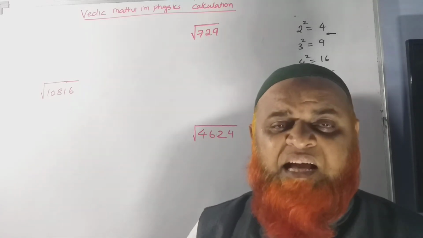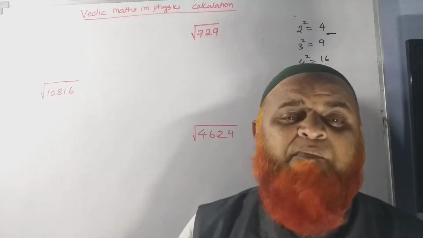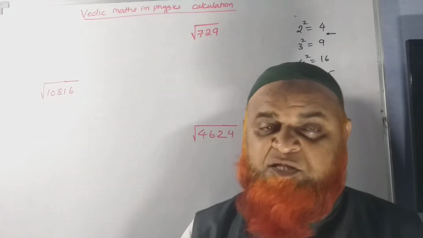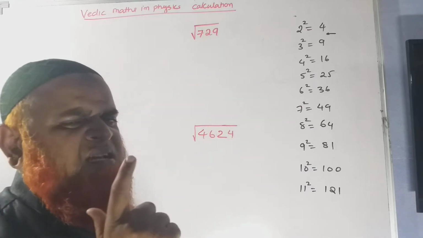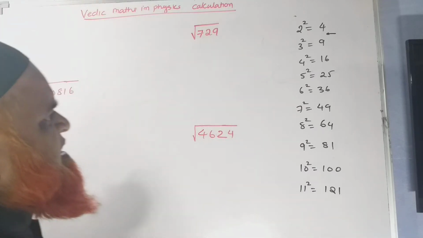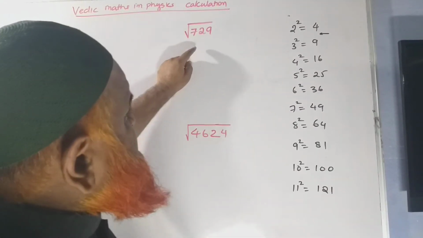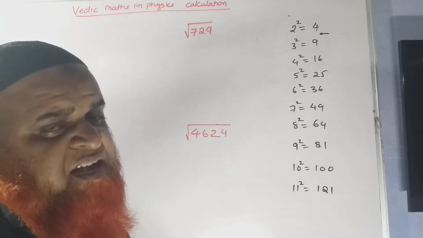In the next class, I will discuss how to apply these Vedic methods for imperfect squares also. It's a very simple method. You can learn within 5 minutes. So if you want to find out the square root of this 729, what are you